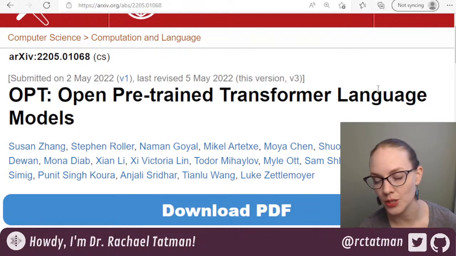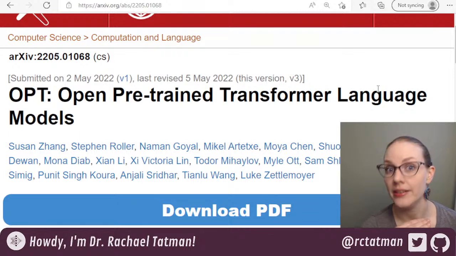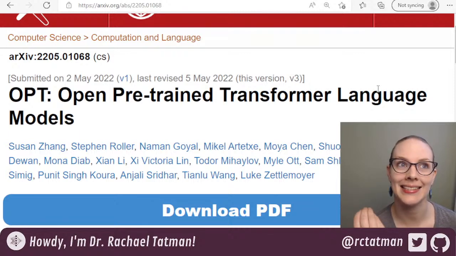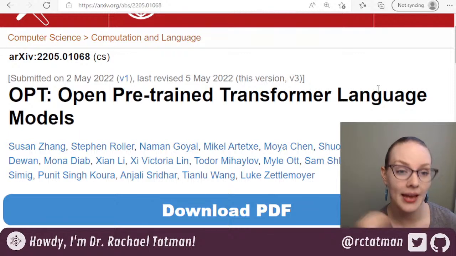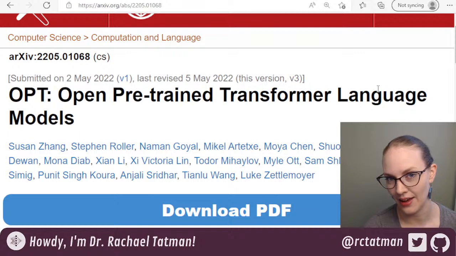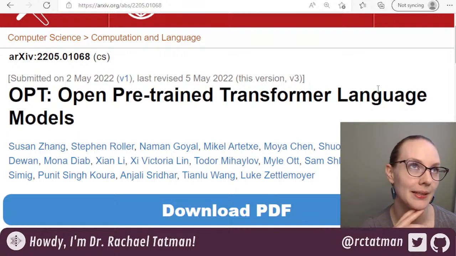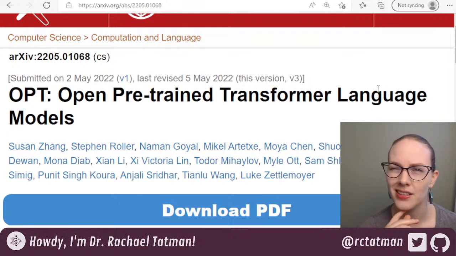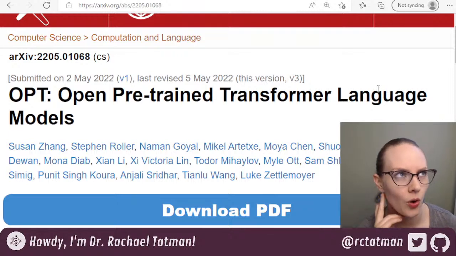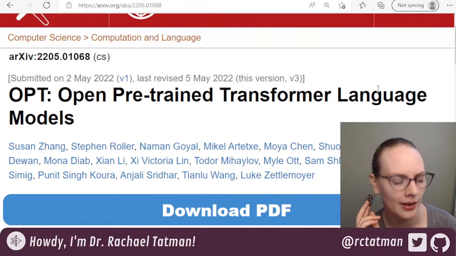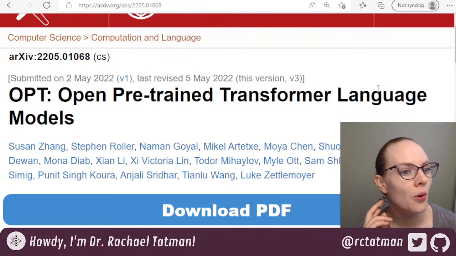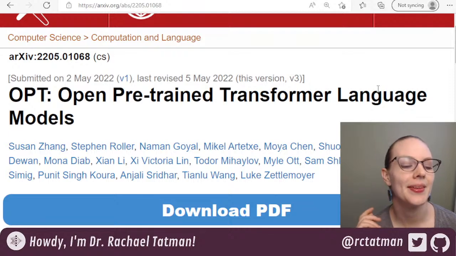GPT-3, the successor to GPT-2, even bigger, has not been released. So the only way that you can access it is through the public API, or if you are Microsoft, you can have access to the model. So Microsoft has exclusive rights to the GPT-3 model, basically. And it's been used in things like Copilot, the GitHub code autocomplete extension thing. So that's the background there.